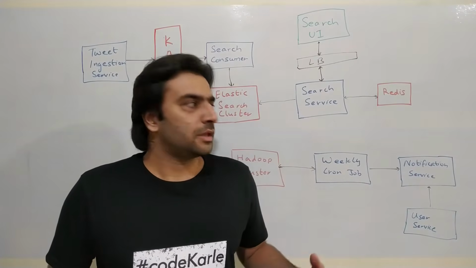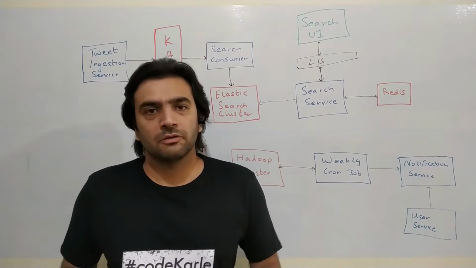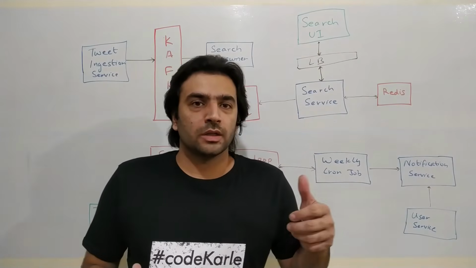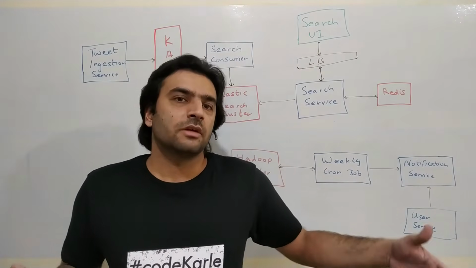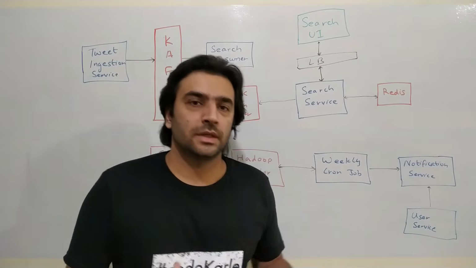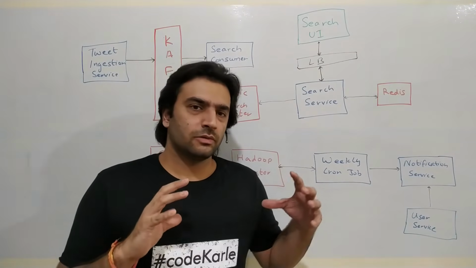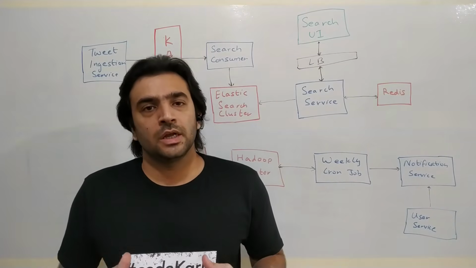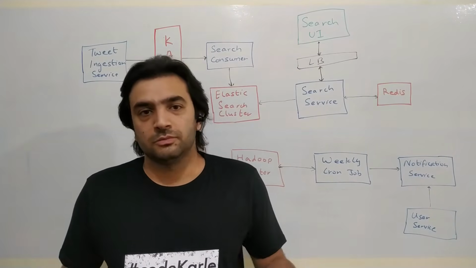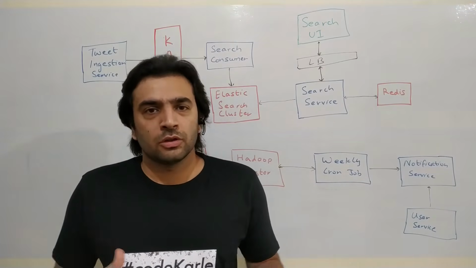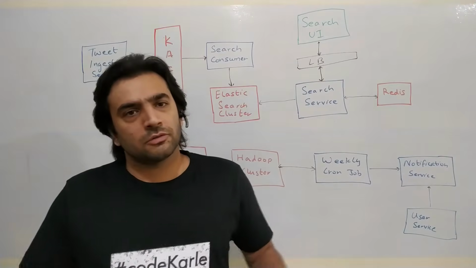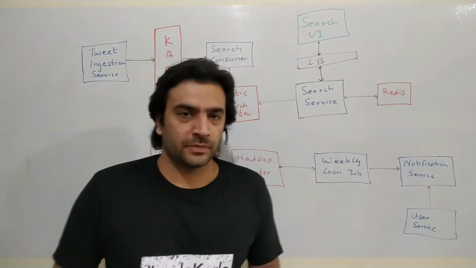So what could be done is a nice ML kind of a thing there, saying for which passive user, what are the most relevant tweets in the last 7 days that this person would be interested in. Get the list of, let's say, top 5 tweets and send them a notification, saying these are the tweets that you have missed. Why don't you come on the platform? So this could be used as a re-engagement kind of a platform. There could be a lot of other things that could be done on this.